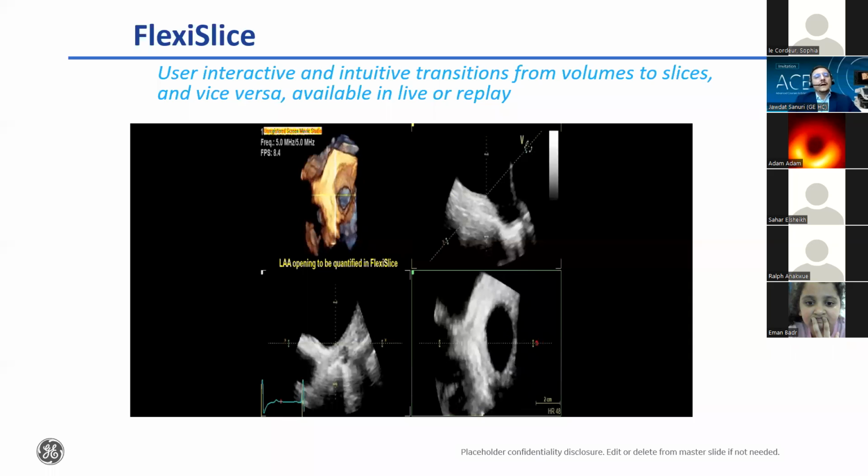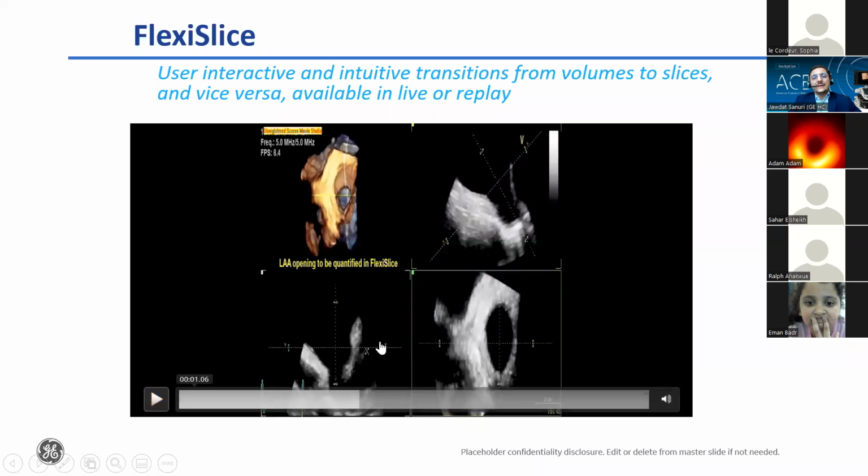Again, there's also a flexi slice. This is a nice example of using flexi slice. This is going backwards using 4D to derive optimal 2D cut planes. In this example, you see a left atrial appendage. You see that we have adjusted this line to get also a long axis on the left bottom corner. We have adjusted the green line here, as you can see, to get a perfect short axis on the